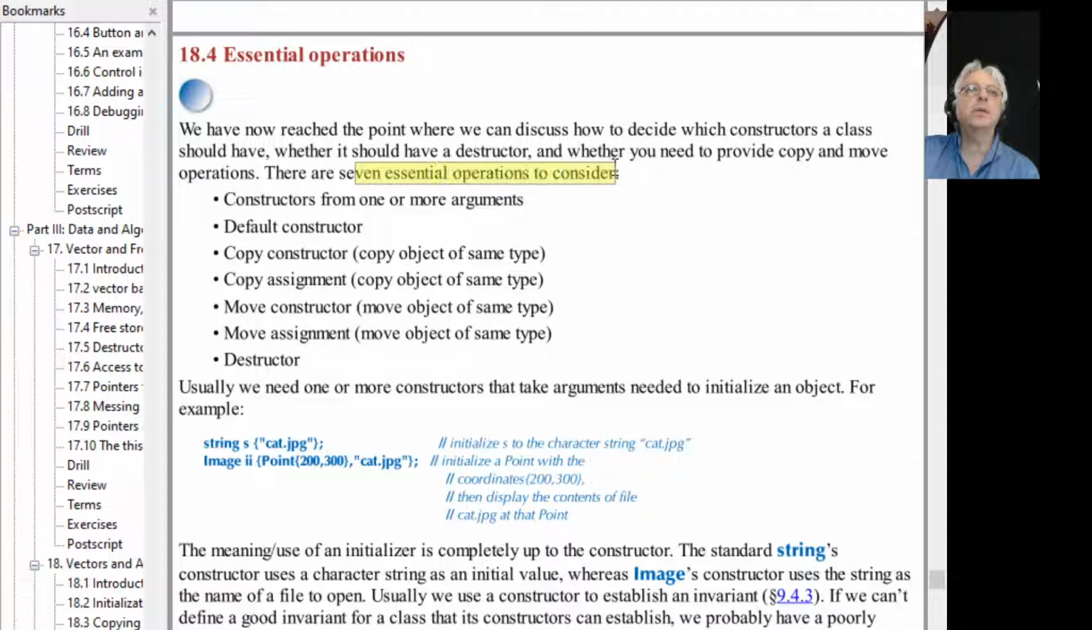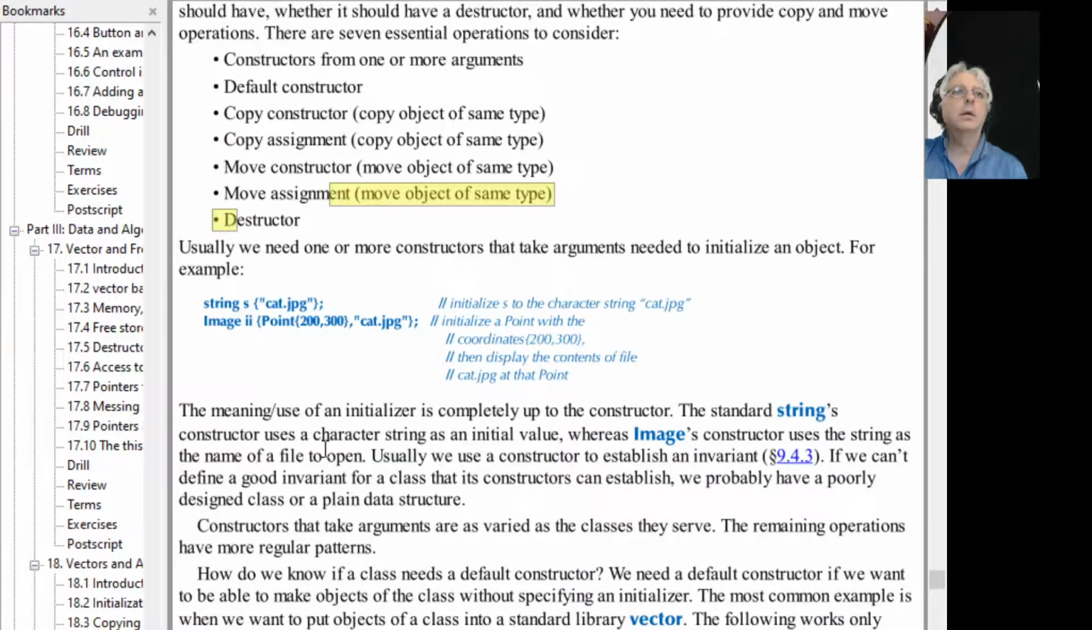There are 7 essential operations to consider. Constructors from 1 or more arguments, the default constructor, copy constructor, the copy assignment, the move constructor, the move assignment, and the destructor. Usually we need 1 or more constructors to take the arguments needed to initialize an object. Okay, so for instance, suppose you want take the string cat.jpg. So we initialize a string, and then we want to